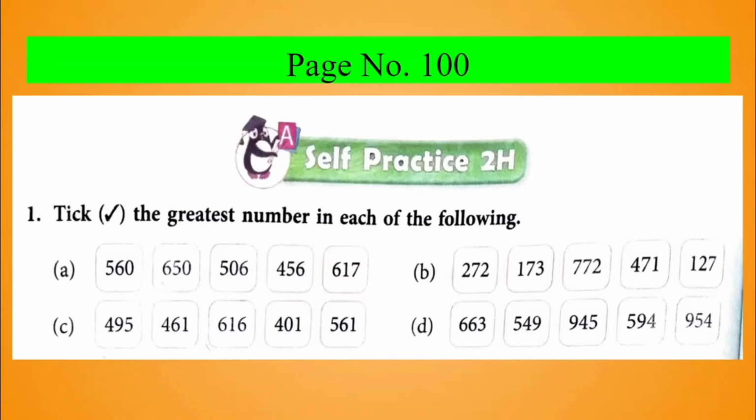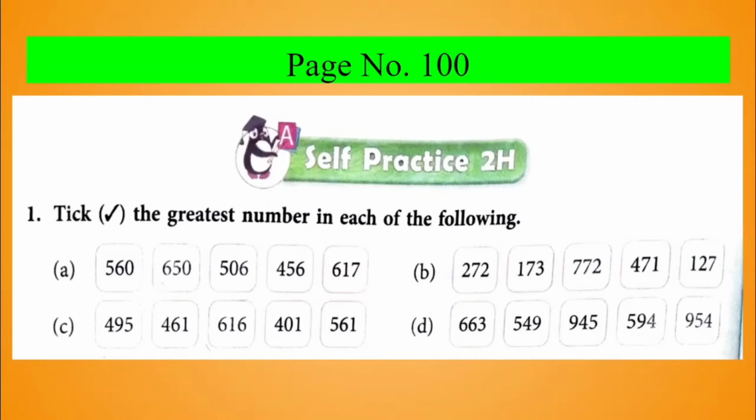Open page number 100. Let us do question number 1. Tick the greatest number in each of the following. Here we are given a set of numbers, so we have to tick the greatest number among the following numbers. So let us do the A part. Here the numbers given are